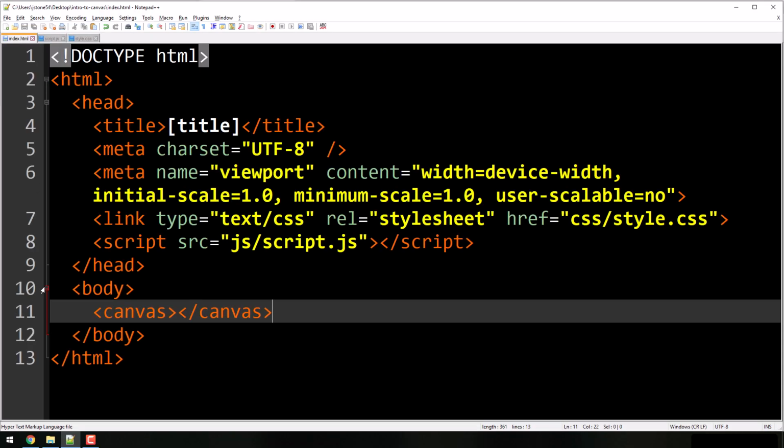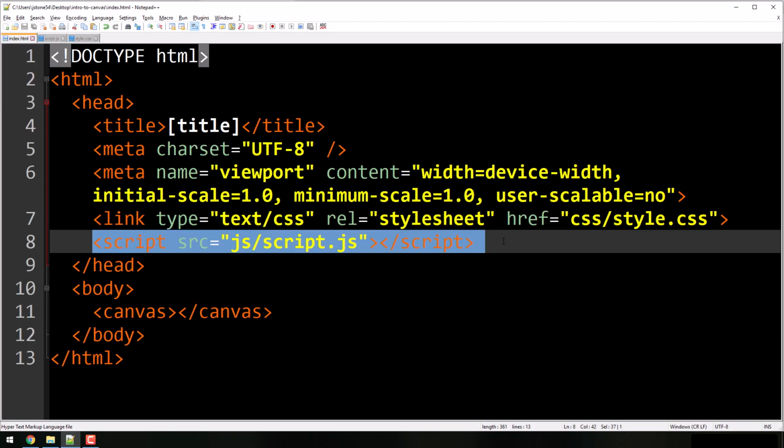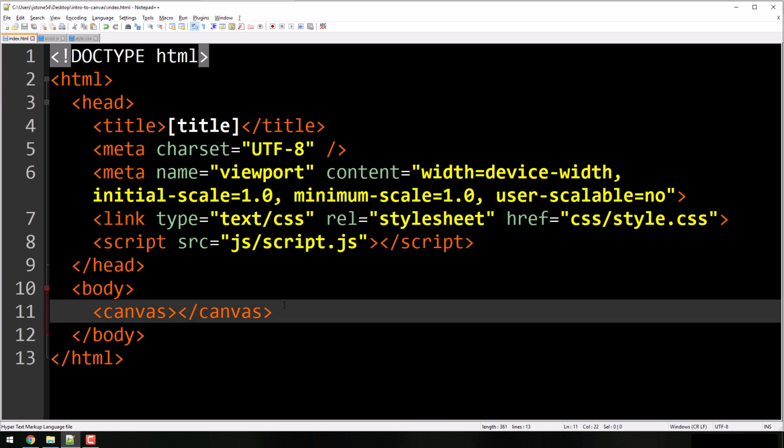Yes. So what's going to happen? The JavaScript's going to run on line 8, and it's going to try to find some object called canvas. Canvas has not been born yet for 3 more lines, right? So we're going to move our script tag below that so that we don't have a problem, okay? So it's going to go down here.